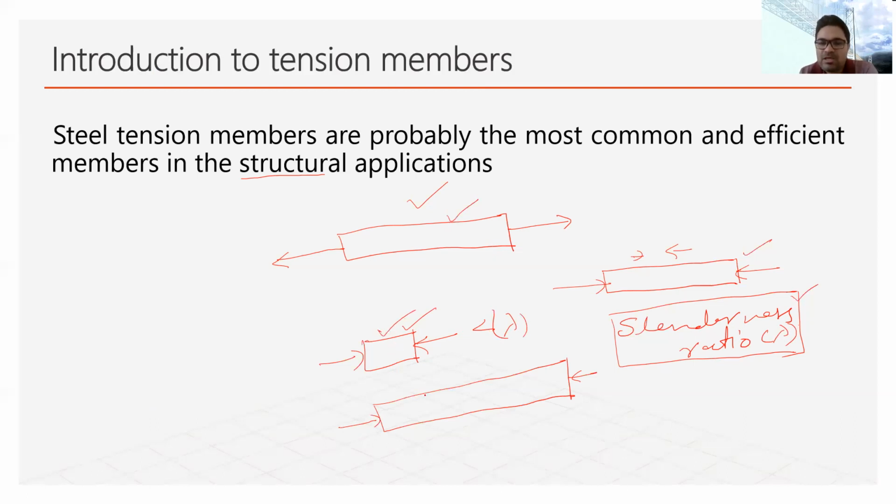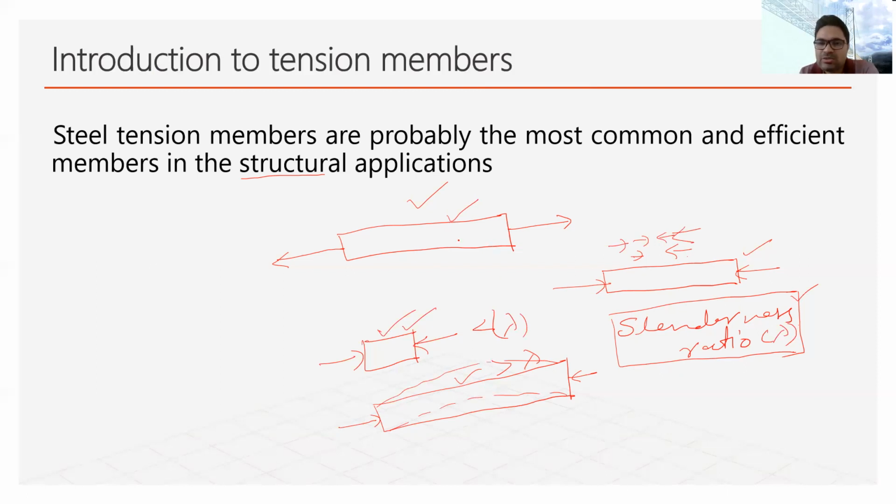But at the same time, if we are using a member which has a higher slenderness ratio, then there are chances that when we are compressing it, there may be buckling, like this. The member may buckle like this, but the instant it starts buckling, we can say that we are not able to utilize its maximum strength. So the ideal failure should be crushing, I mean it should be compressed as much as possible. Then we can say that we are able to utilize its maximum strength.